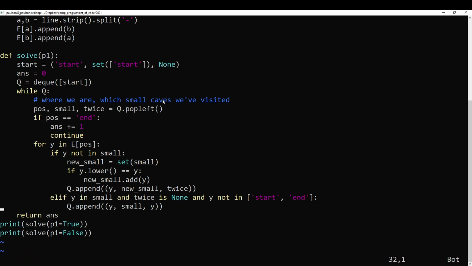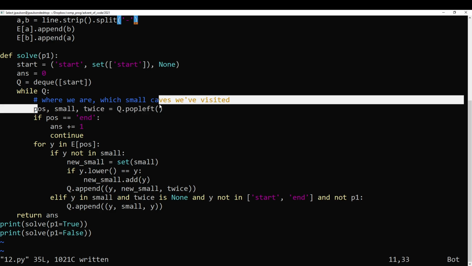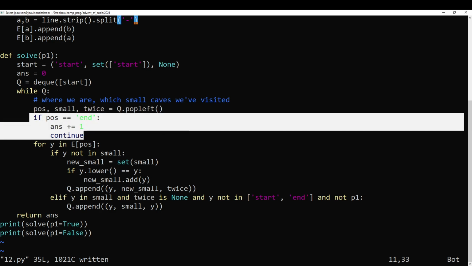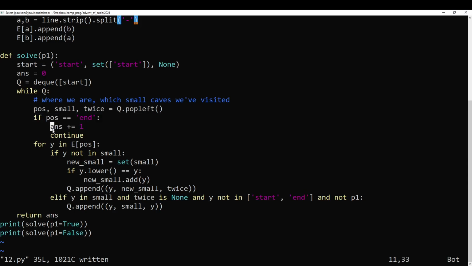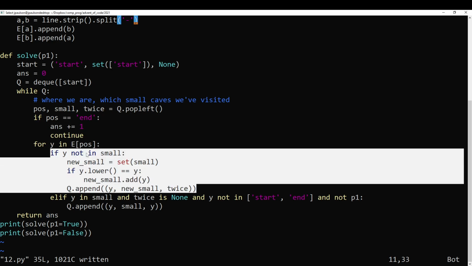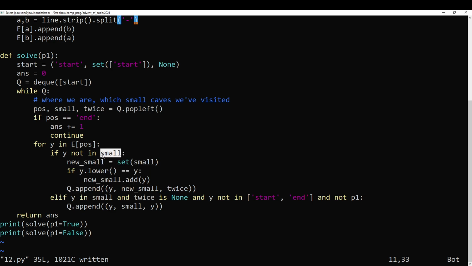And in part 1, this case does not apply. So let me just talk through part 1. So where we are, which small caves we visited, and this thing for part 2 that I'll talk about in a sec. So count how many paths, and initially, this is the start state, right? We're at start, we can't go back to it, and that's it. So pop off a state. If we're at end, we're not allowed to go back from end and then come back to it later. So if we're at end, that is a valid path. Increment the answer. Otherwise, for all of our neighbors, if we haven't been there before, right,